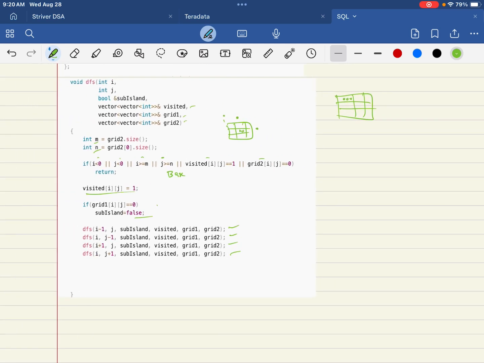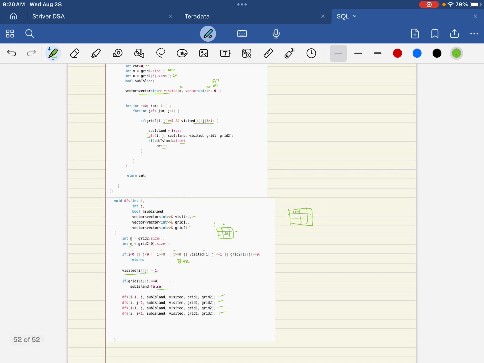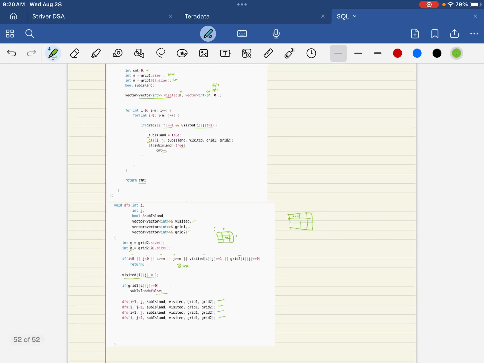So this is how this whole thing would work, and this is the whole code. You can have a look over here. This is the end of the